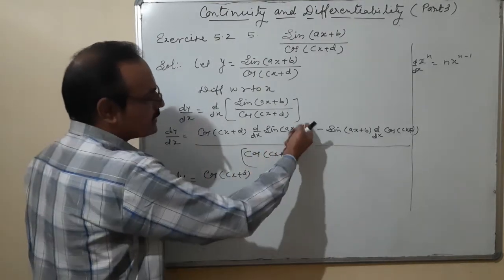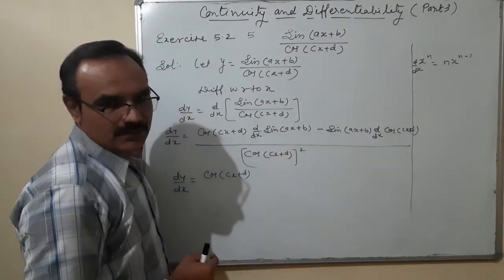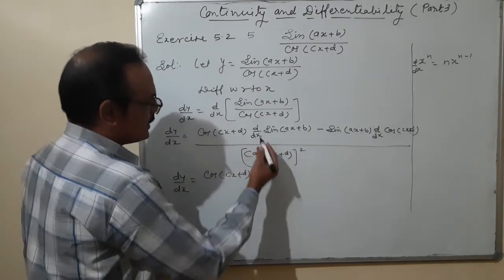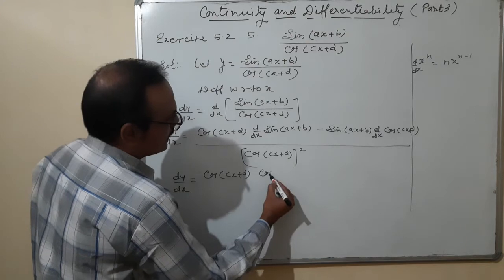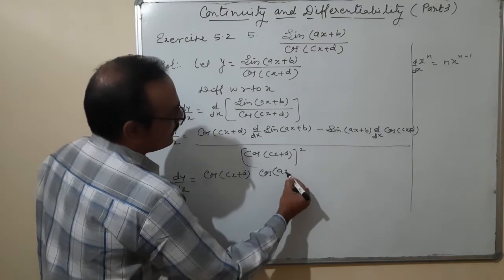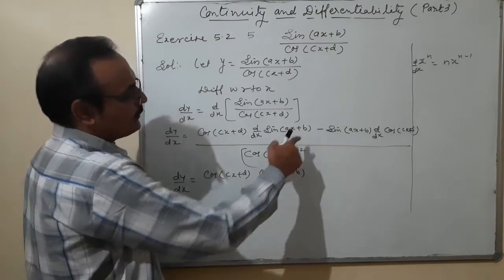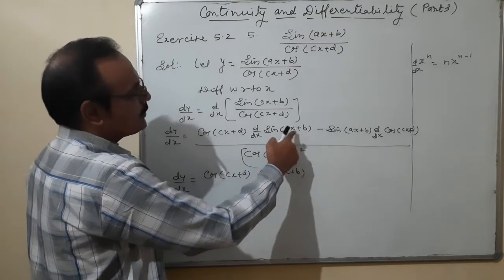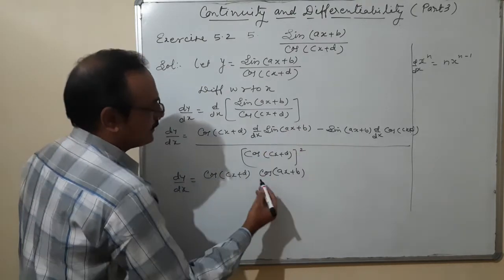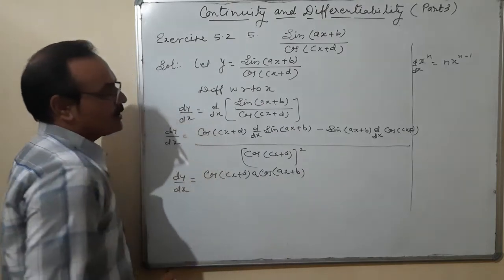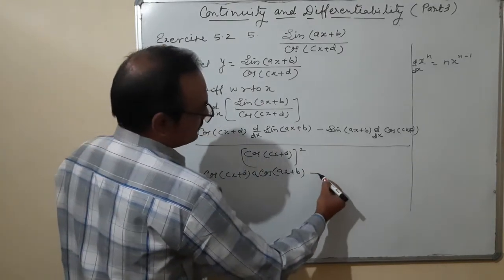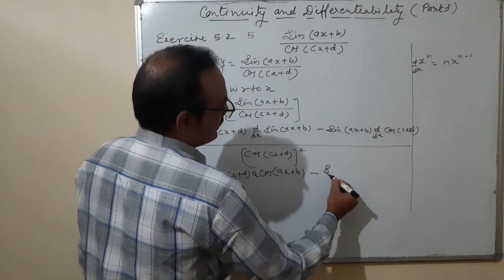Orally you can consider this as sin t, and differentiation of sin t is cos t. So it is cos(ax plus b), and the differentiation of ax plus b: b is a constant term, its differentiation is 0, and differentiation of ax is a. So that is a cos(ax plus b), minus sin(ax plus b),